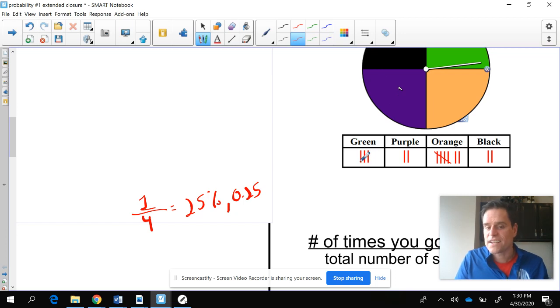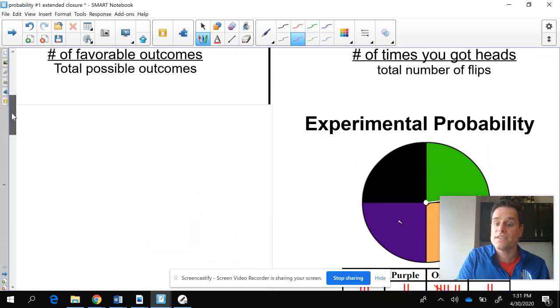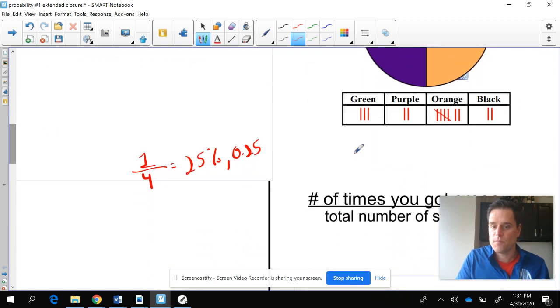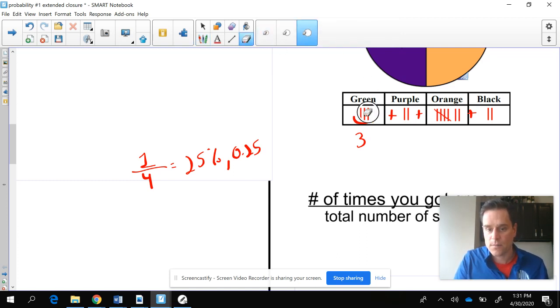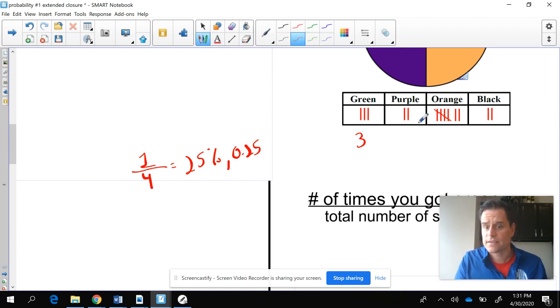So my question to you is, what is the experimental probability? Take a look up here. What is the experimental probability? Well, if we're trying to find the number of green, it is 3 out of how many? 3 out of, well, let's add all these up. Let's add all of the times that you did it. How many times did we spin this? I'm going to maybe pause the video, and I want you to tell me, how many times did we spin this? Well, 3 plus the 2 plus the 7 times it hit orange, and then the 2 times it hit black. Well, we spun this